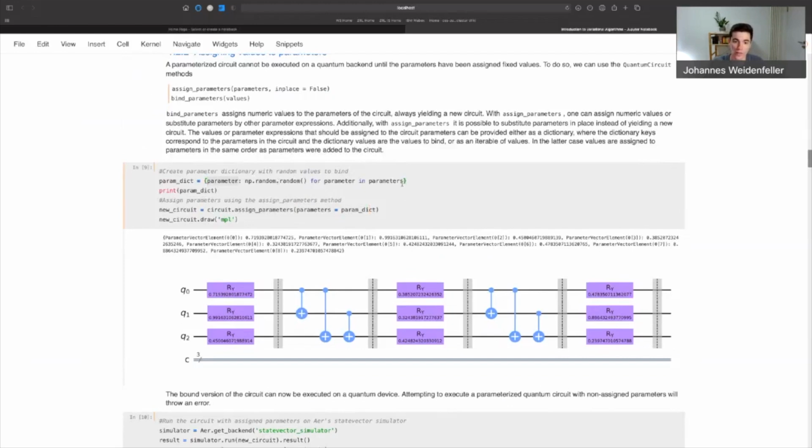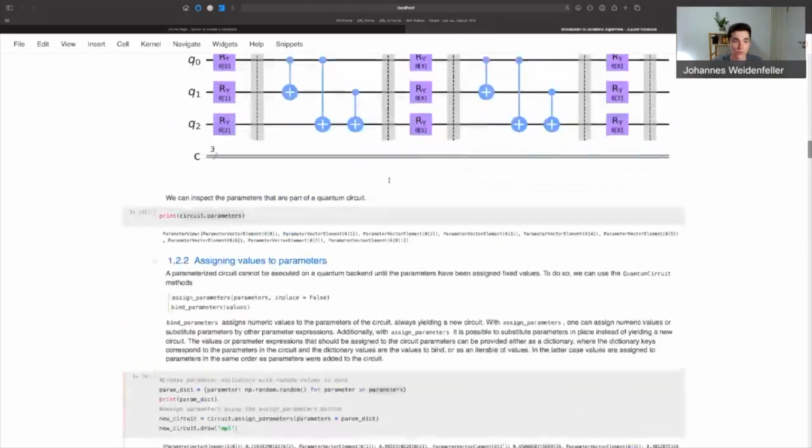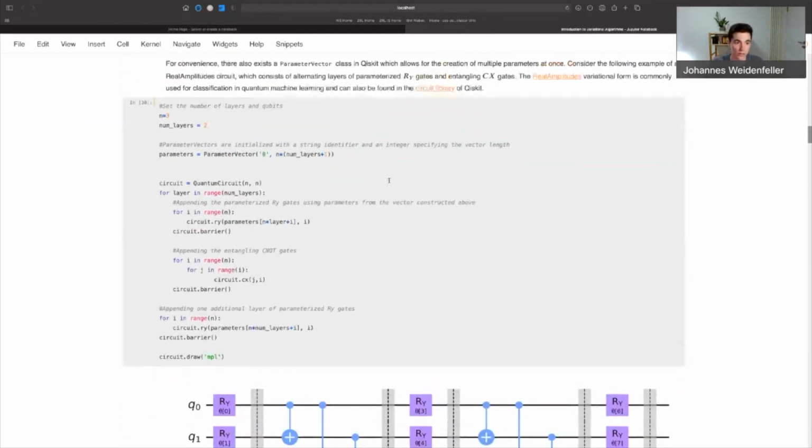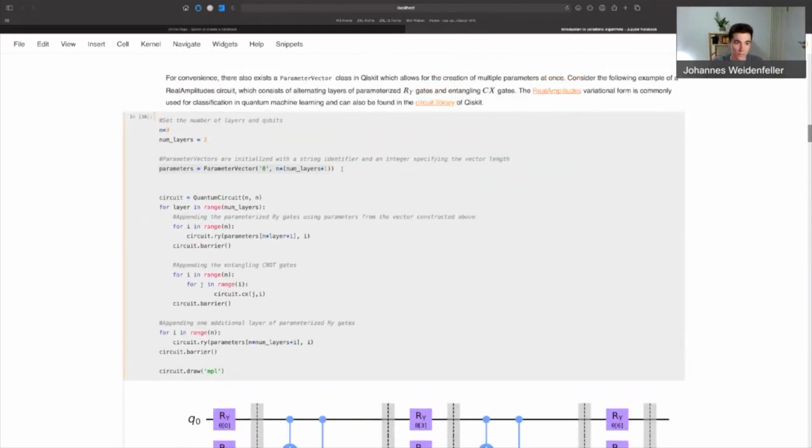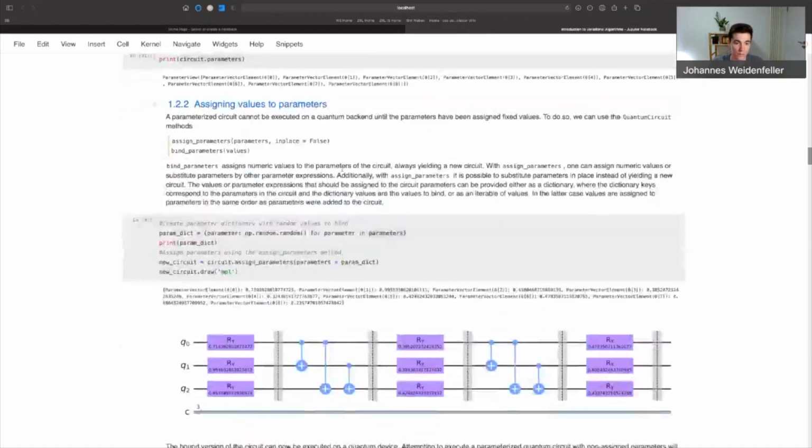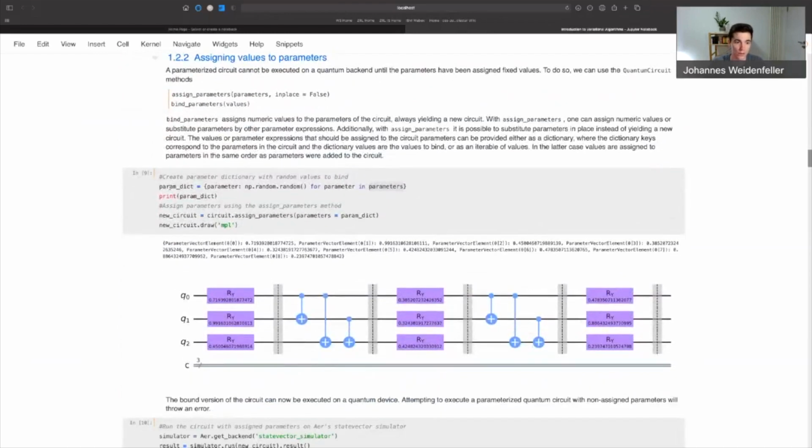So recall that the variable parameters here referred to our parameter vector that we created up here. And so this dictionary contains as keys the different parameters that are included in this parameter vector, and as values, the values that we want to bind to them.